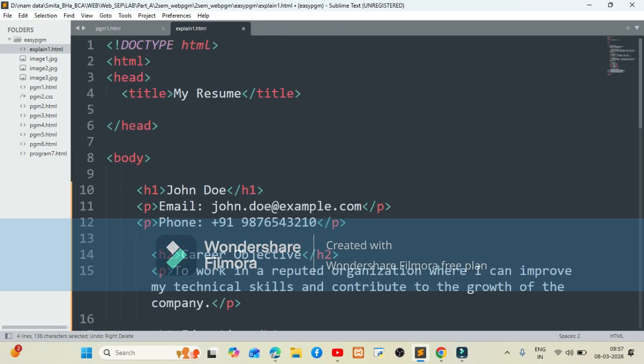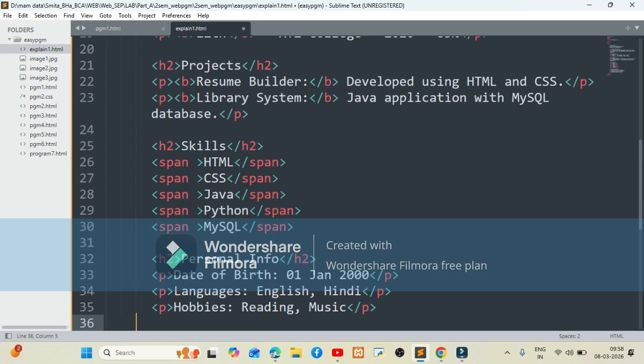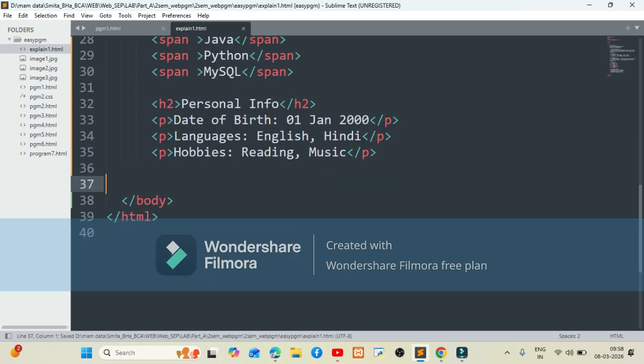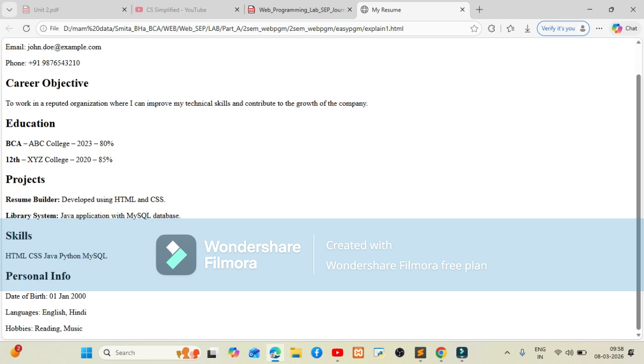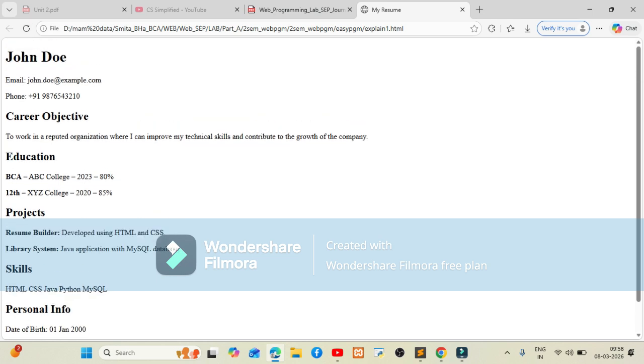Again we are adding some extra information which says personal information. So I'm just adding the contents. Let us save this file and refresh the output, and this is how you see. So now when you see, this is the original program that is expected from you as our first lab program, but it's not at all attractive. It is very basic. So our next task is to make it attractive.